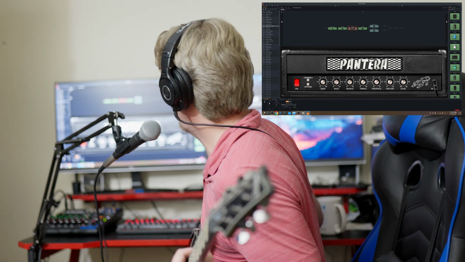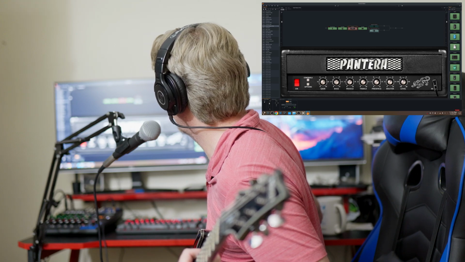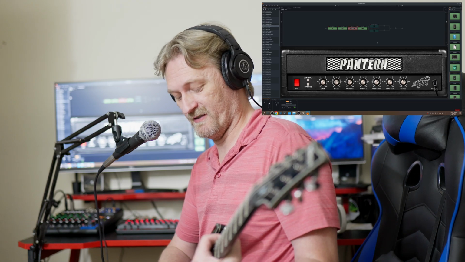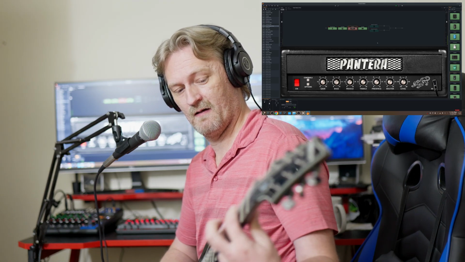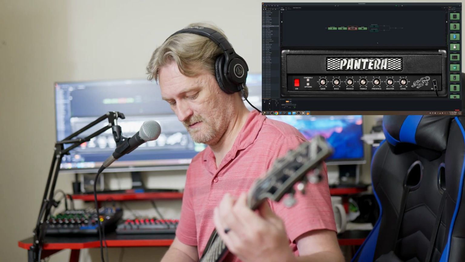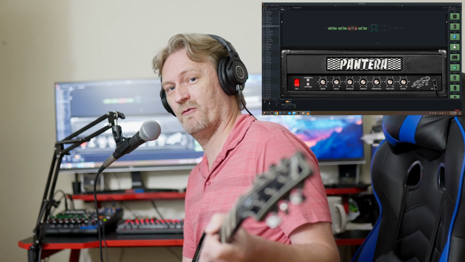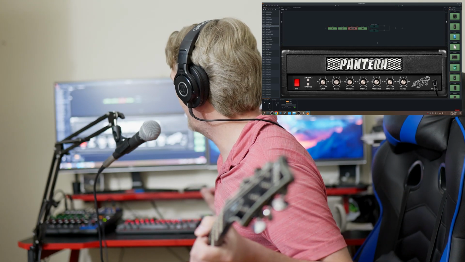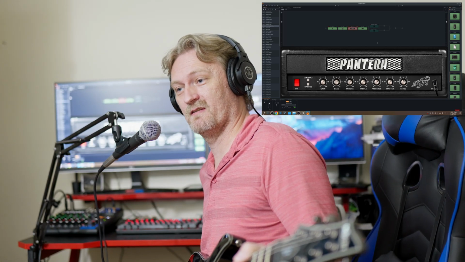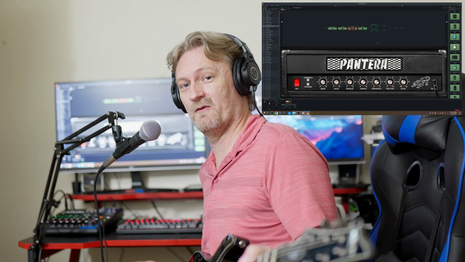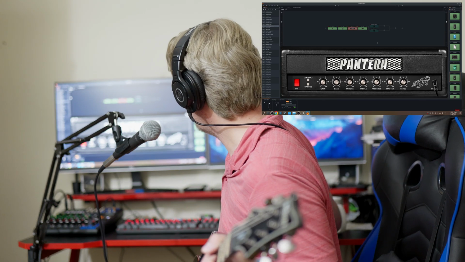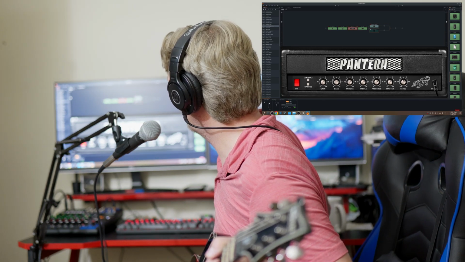Now I'm going to go ahead and turn off the cabinets. It's got 2 cabinets on there, which are just impulse responses. That's just the amp with the effects pedals, which is kind of the effect you get from Guitarix, which is one of the reasons I don't use it, but I do know Guitarix now has the ability to load impulse responses, which is what these cabinets are.